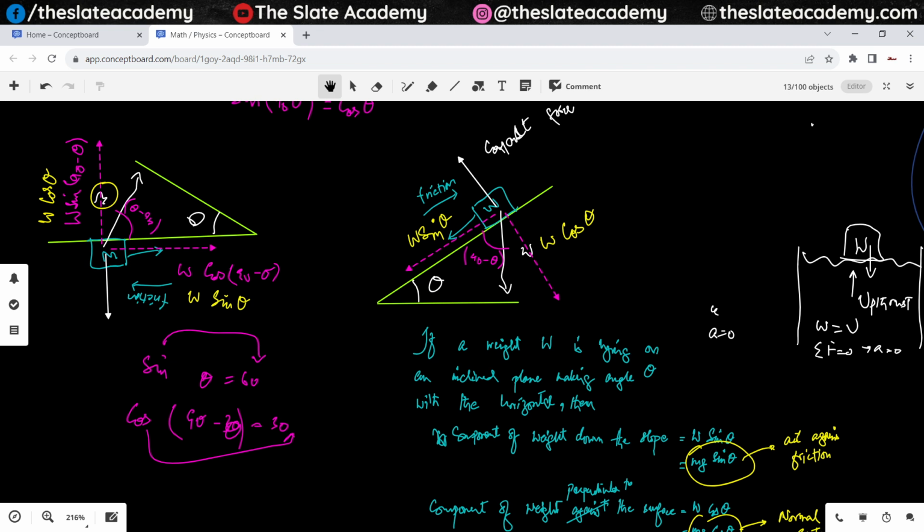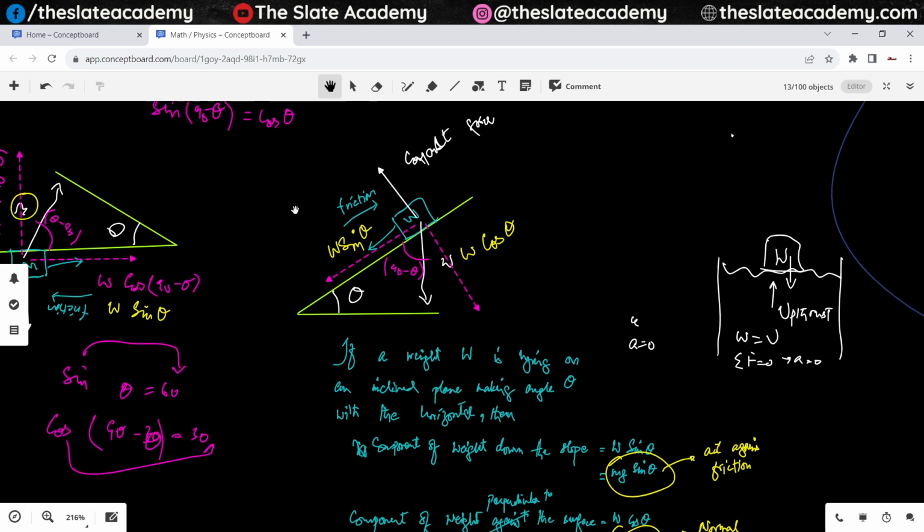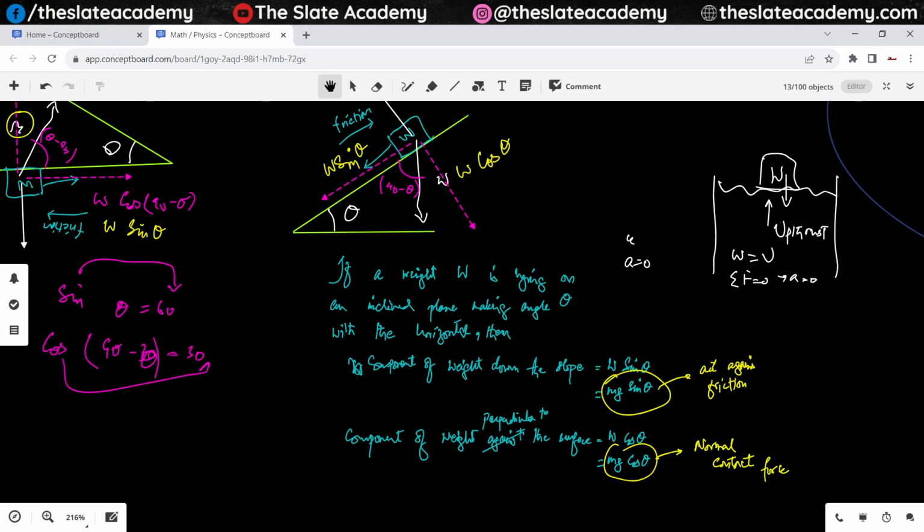So the conclusion is the component of weight down the slope is w sine theta, and the component of weight perpendicular to the slope is w cos theta. Down the slope it is acting against friction, and perpendicular to the slope it is acting as the normal contact force. Understood, sir? Sir, could you